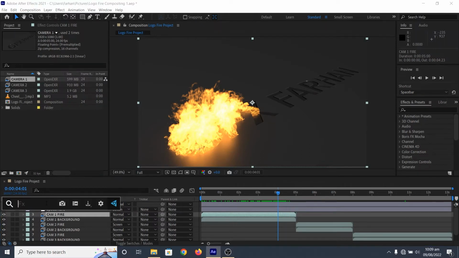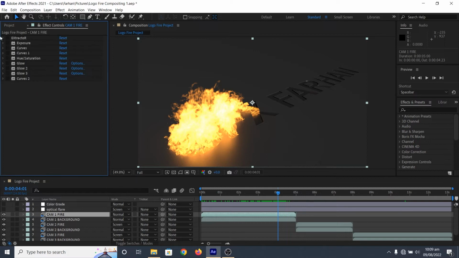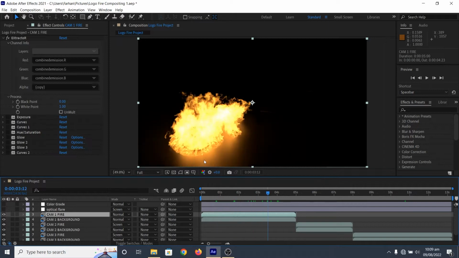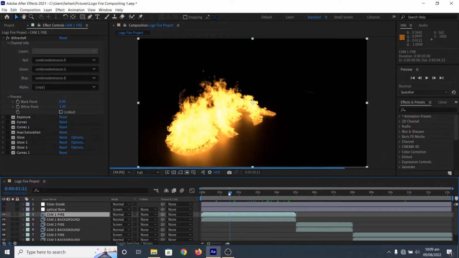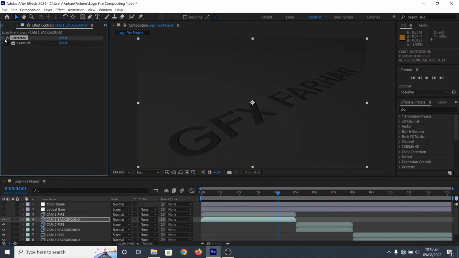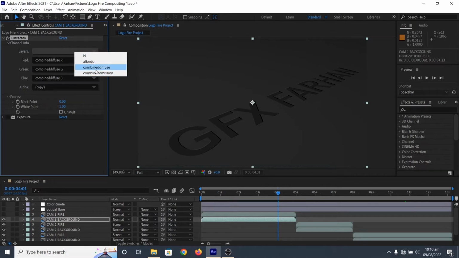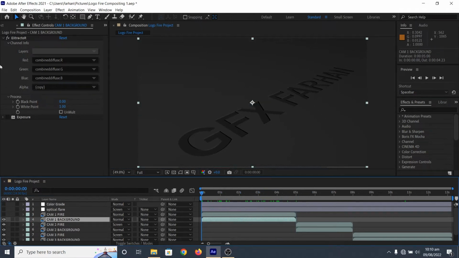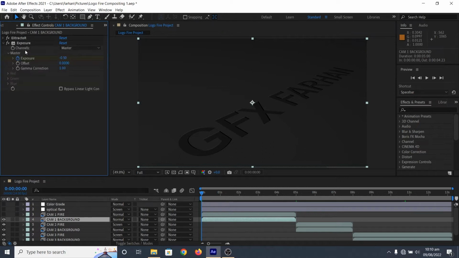Then I apply extractor. This is my extractor, and in extractor I change it to combine emission. Now this is my combine emission, the fire only and the lighting. This is my background. This is combined diffuse. This is only background. Okay, then on the background I apply an exposure effect and bring down the exposure a little bit,